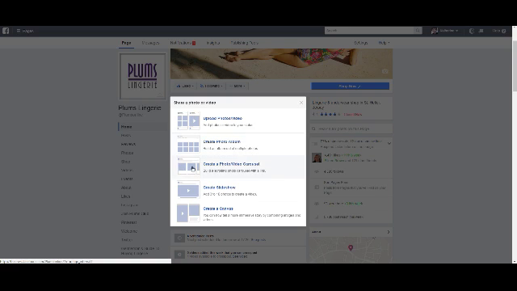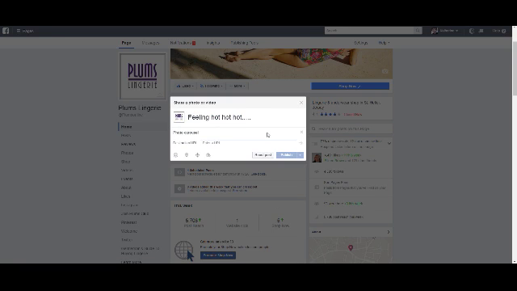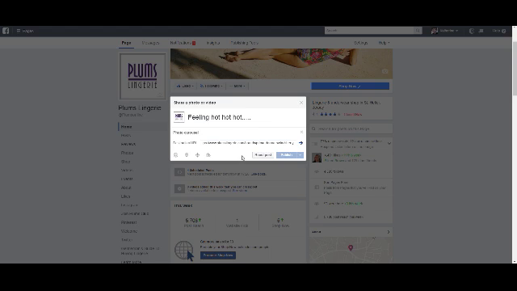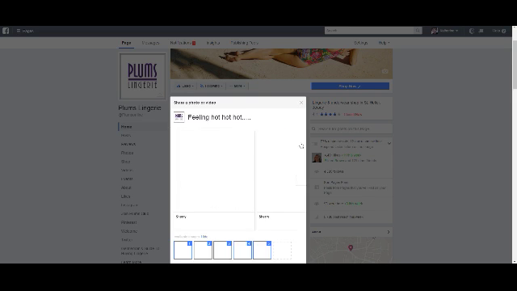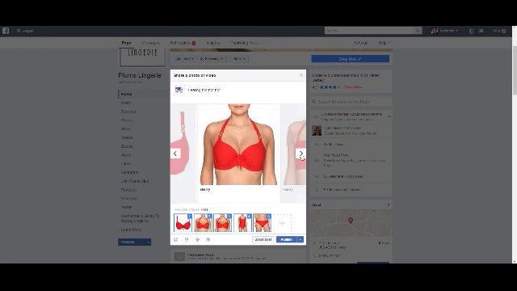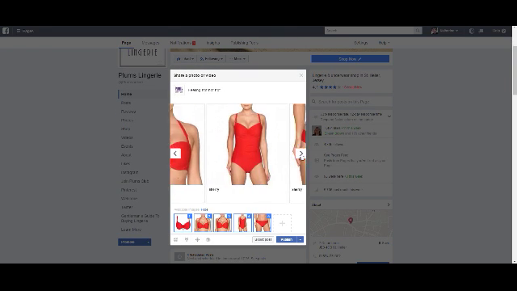The third option is to create a photo carousel. So you add some copy for the post and then add your link to your website. Now this works very well if you have a number of products on a page that you want to highlight. You click that little blue arrow there and you'll see that each one of these images is directly linked to